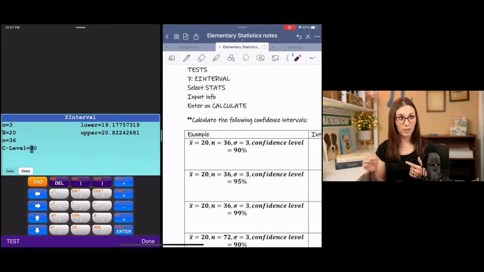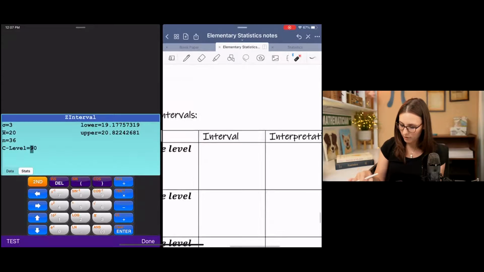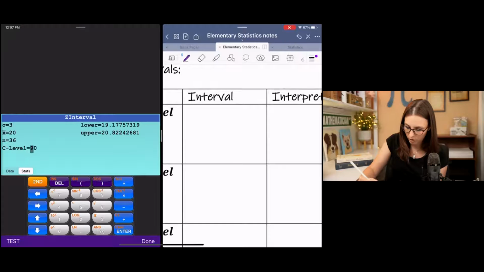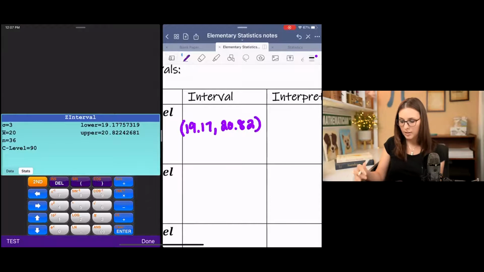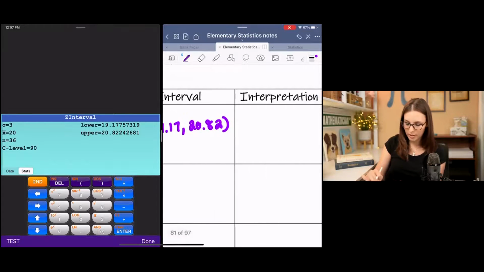Mine has it right there on the right. Isn't that so nice? That was really fast. I love it. So my confidence interval, I'm gonna have to write small here, is 19.17 to 20.82. And then to interpret it, we're gonna say